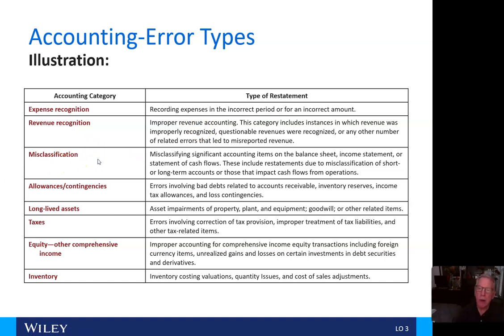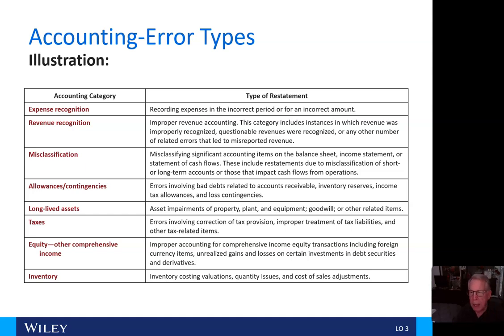Misclassification. Here we are misclassifying significant accounting items on the balance sheet, income statement, or statement of cash flows. These include restatements due to misclassification of short or long-term accounts or those that impact cash flows from operations. And allowances and contingencies. Here, errors involving bad debts related to accounts receivable, inventory reserves, income tax allowances, and loss